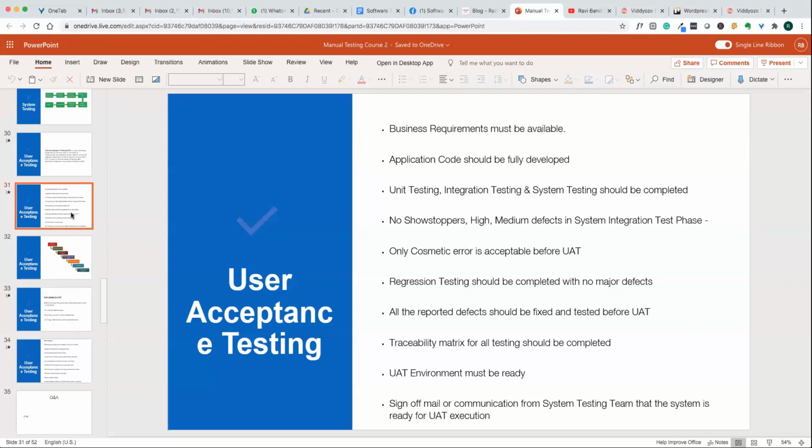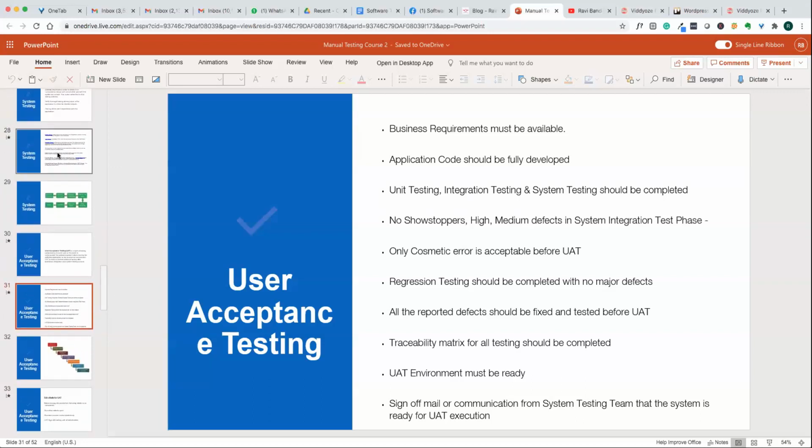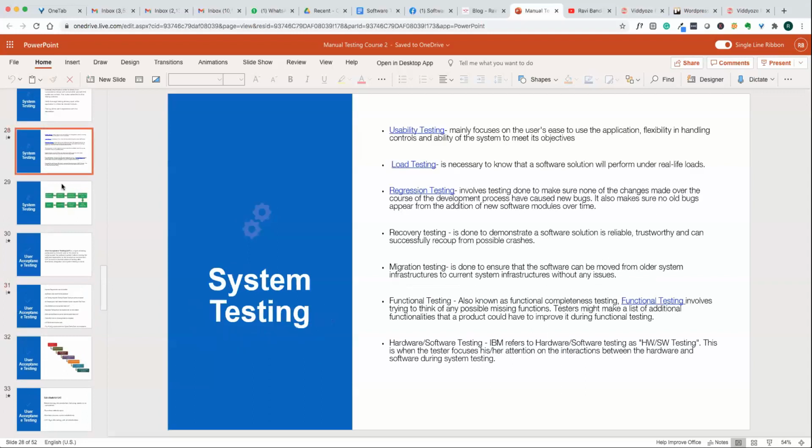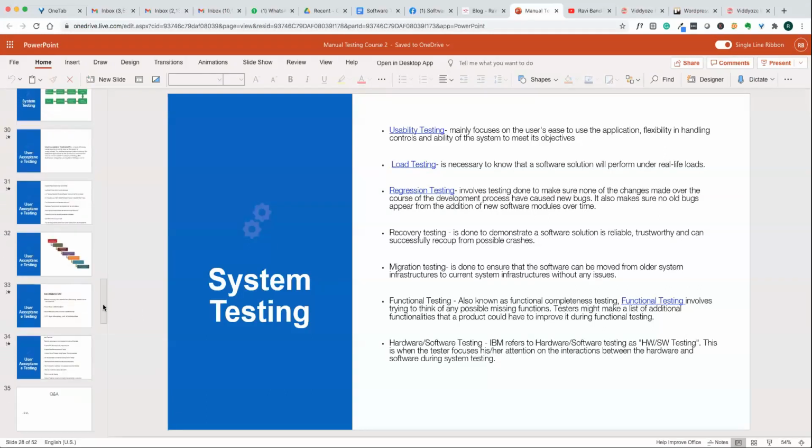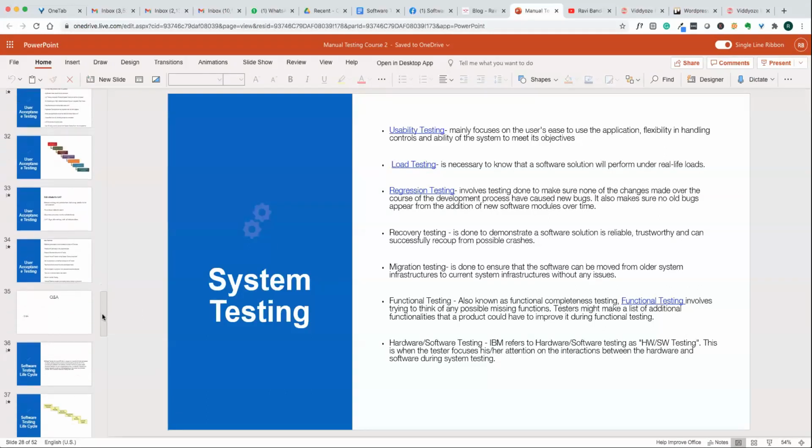If you are delivering this software to a client, the client will do that user acceptance test. Up to system testing, the testing team will be involved. After that, it's users and business analysts for user acceptance testing. Okay, sir. Thank you.